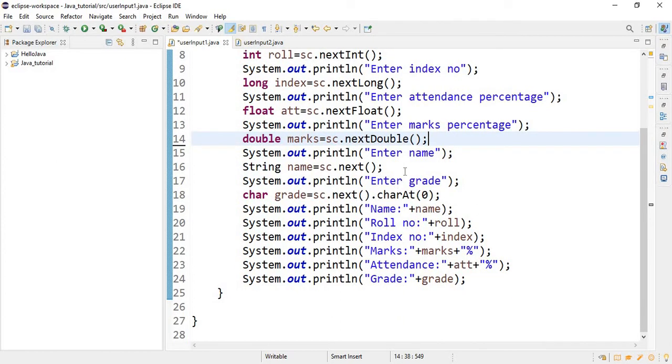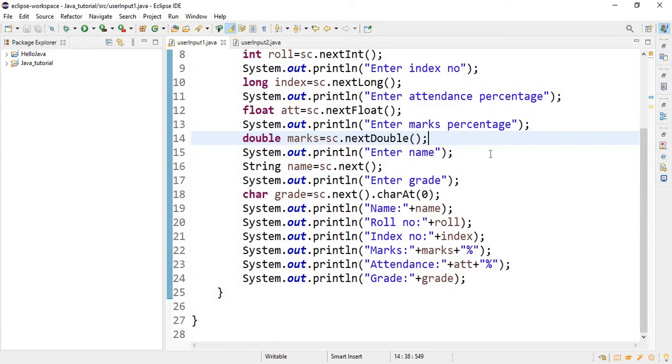Now, if we want to take a string input using the next function, this method will only read the input till a space. That is, it will take the input till the space, and whenever it gets a space, it will stop working. So we cannot use the next function for taking inputs of strings that have a space within them. Thus, the escaping sequence for the next function is the blank space. And this method will place the cursor in the same line after reading the input.